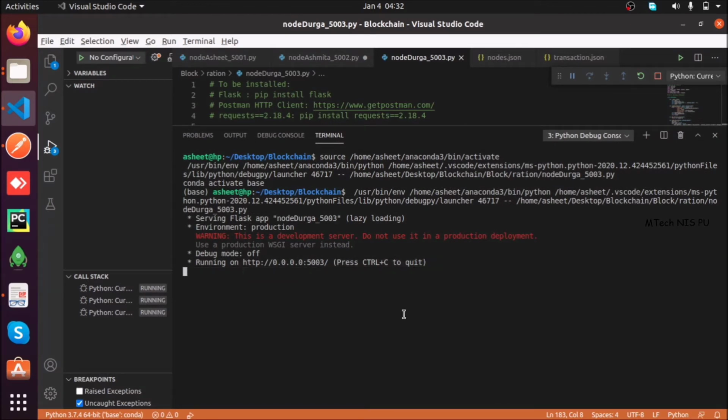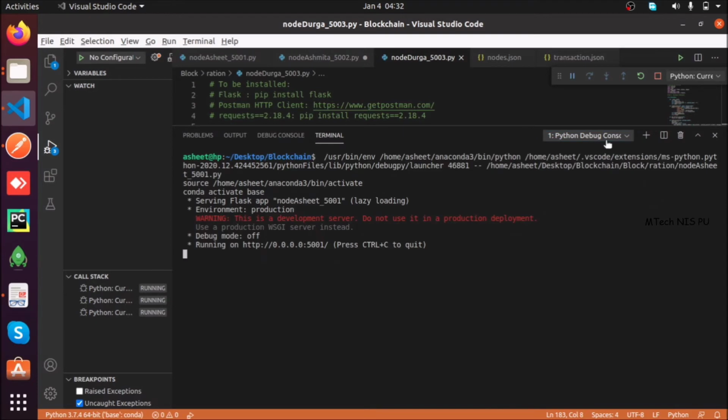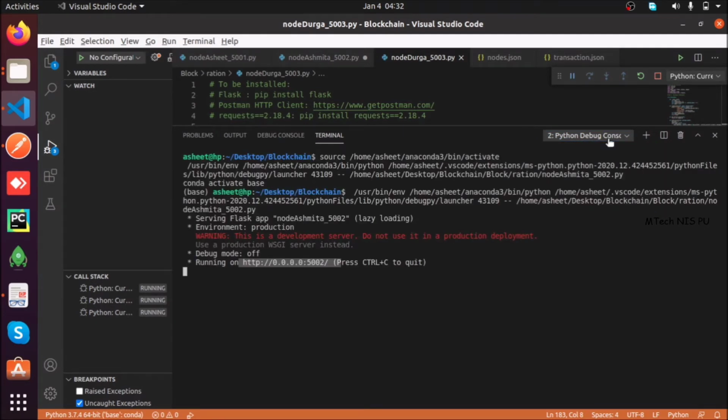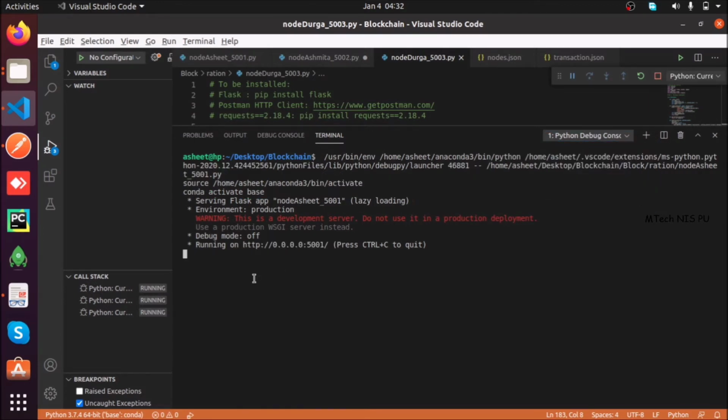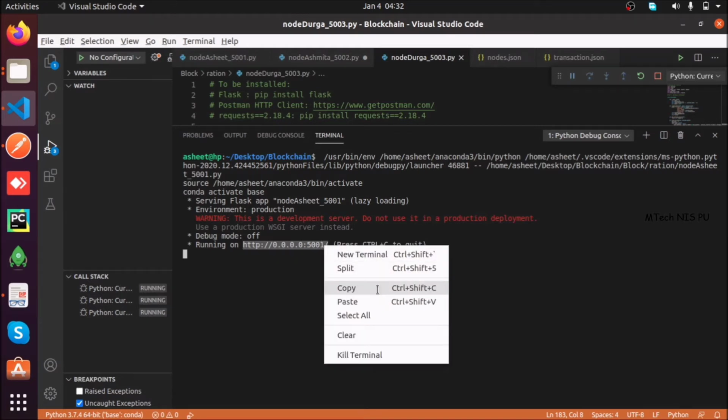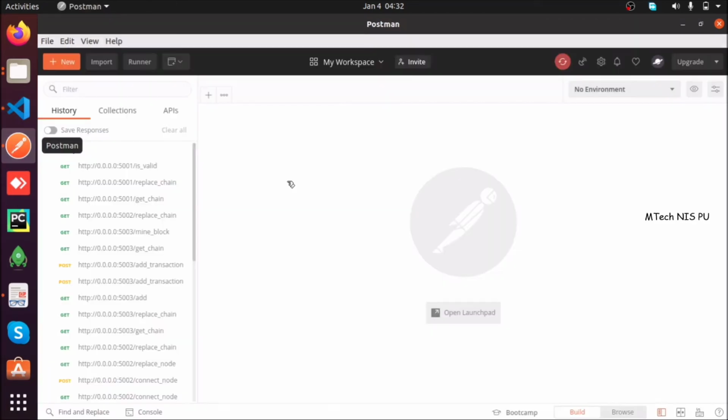So as you can see, this is also running. So we have all the 3 programs running, 1, 2 and 3. Okay, so now we are ready. So first we will copy this address and we will go to our